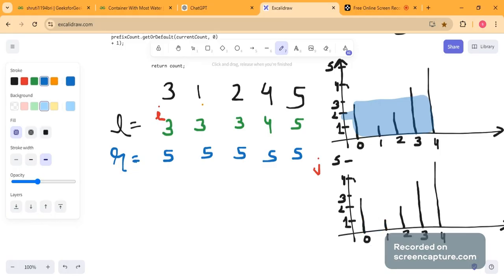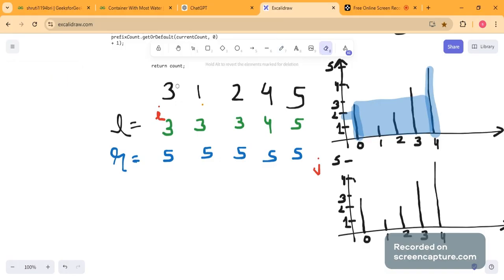lines. So in this question, by seeing this, we can simply say that if we use this line and this line, then we will be able to calculate the maximum amount of water that can be stored. That will be the minimum of the vertical lines, that is the minimum of 3 and 5. Minimum of 3 and 5 will be what? 3,